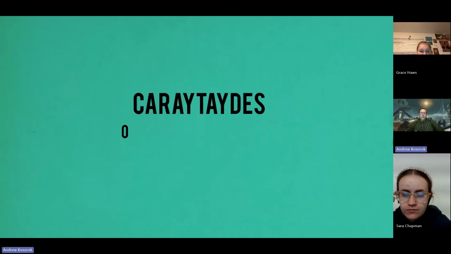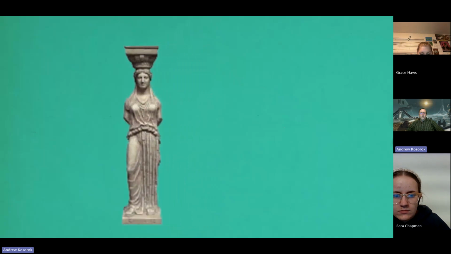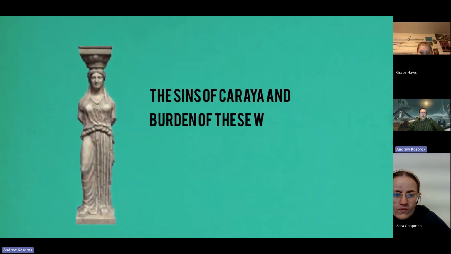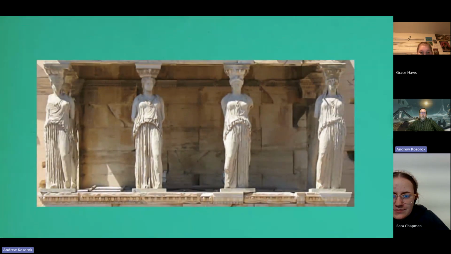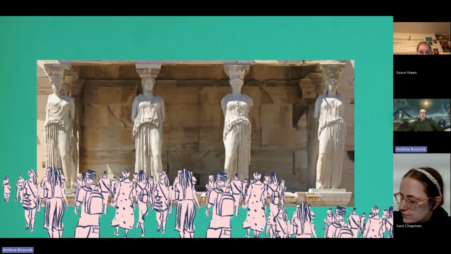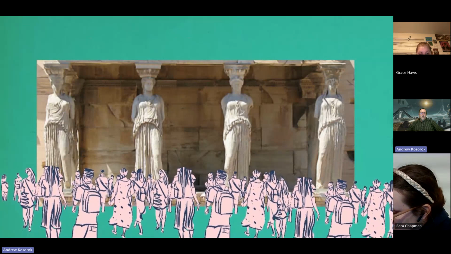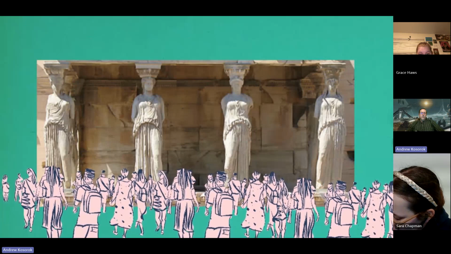The Caryatides, or the Maidens of Karyai as they were called, are still remembered to this day by the work of a Greek architect that reflected the sin of Karyai and the burden of these women in his architecture. He placed them as statues to hold the weight of his public building, currently visited by more than 1 million tourists each year. The fall of Karyai is still remembered to this day due to the work of an architect that truly understood the importance of history.